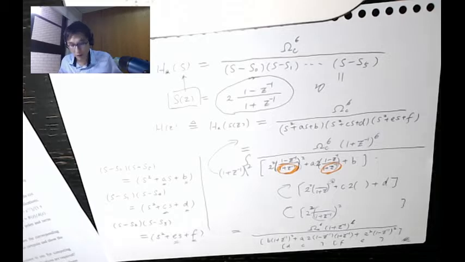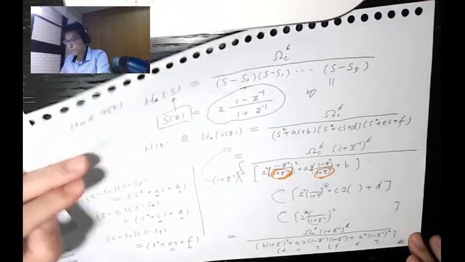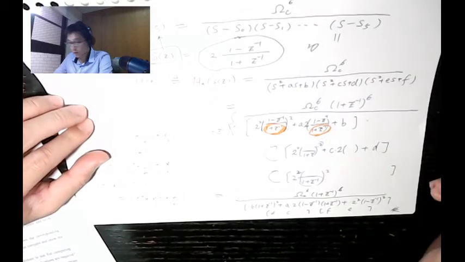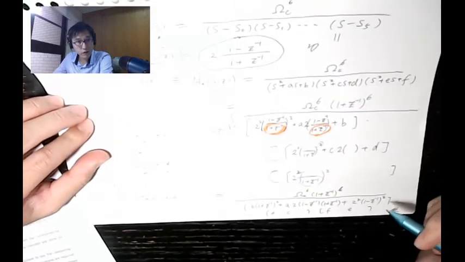And my next exercise. So now let's continue to part C. For part C, I want you to write down the corresponding difference equation. By the way, the correct answer for part C should be a 6th order difference equation.